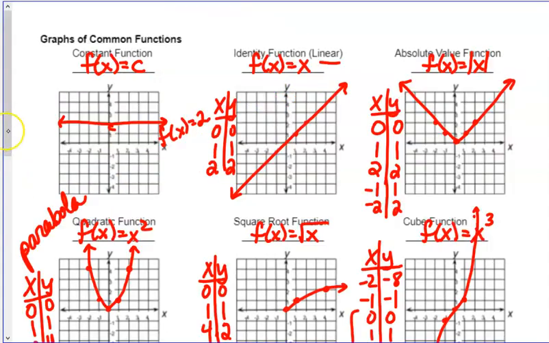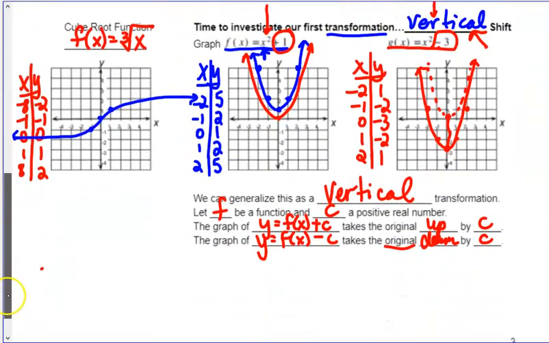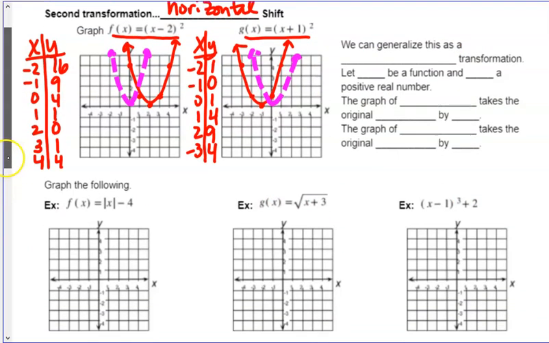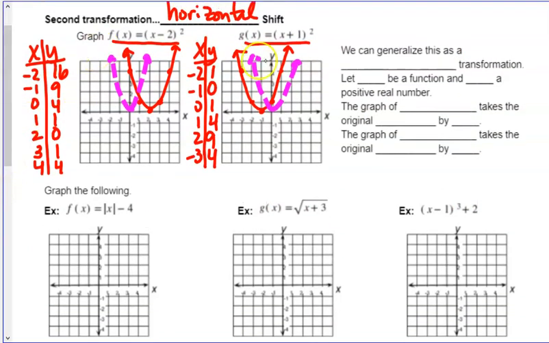Now, what happened on that vertical on the last page, remember, those signs symbolize the correct direction that you had to go. You had to go up 1 with the plus and down 3 with the minus. But you have to remember, if you're grouped with the x, these are the ones that are going to be a little bit different. Take the opposite of what you're looking at. So, for our horizontal